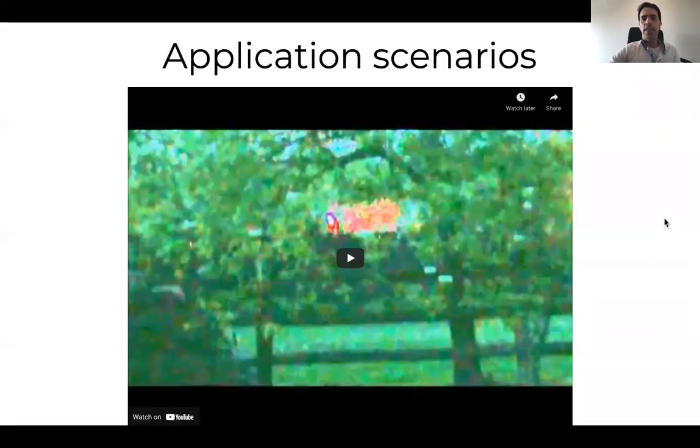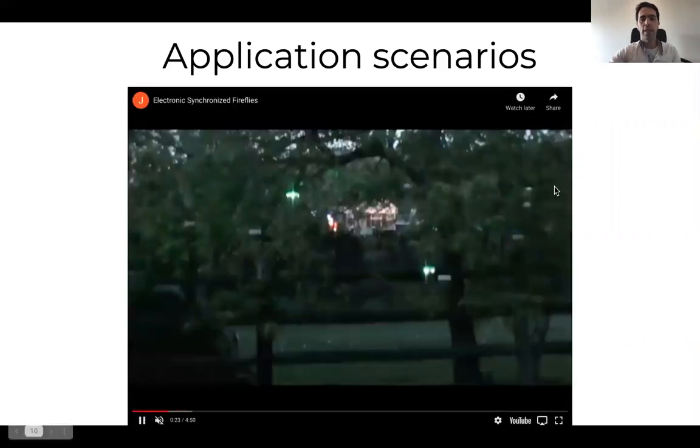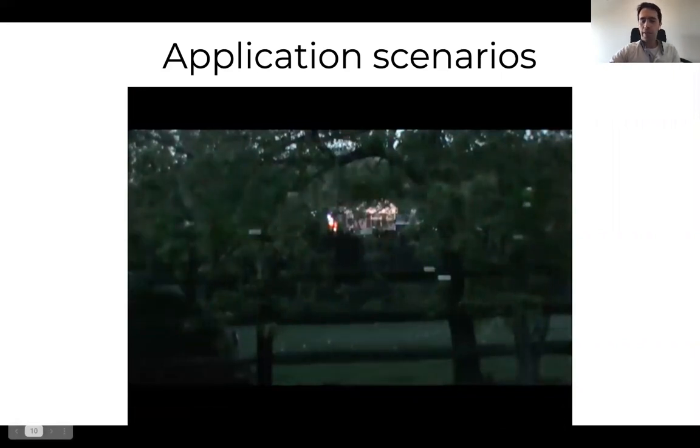So this is another example you'll see as well. So here I have a video of a system that simulates the flashing of fireflies. So I can put it here while I speak. So these are a bunch of LED lights, and these are flashing with a certain frequency to mimic the mating ritual of fireflies. So roughly, the goal of this project, from my understanding, is to try to attract fireflies,